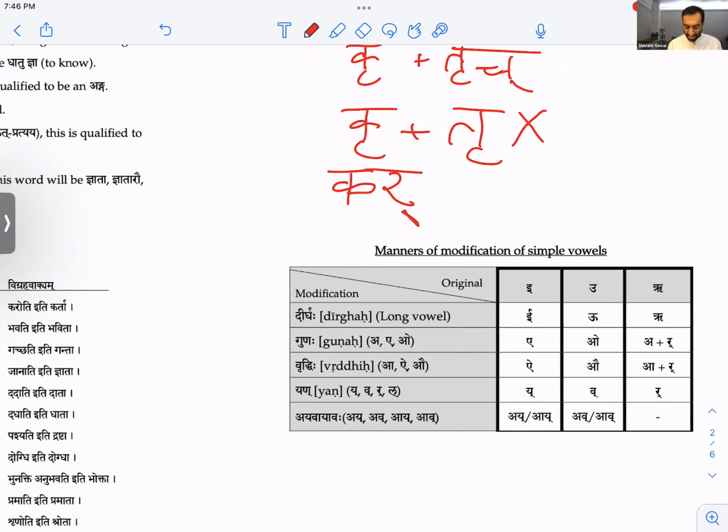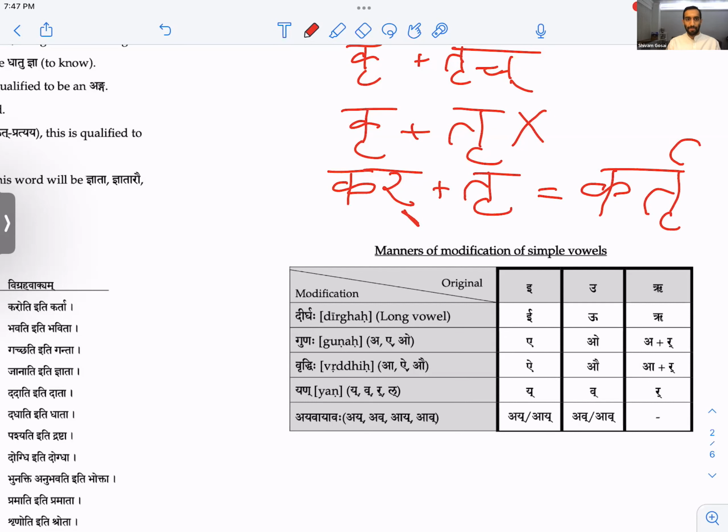And then I have to add this halanta again. So kar plus tr. Now, when we write that in Sanskrit, you get these odd hooks, right? So I have to add the hook up there. That's the refa. So these equal the same thing. Kartr and kartr. Yeah. So that's how we make it.